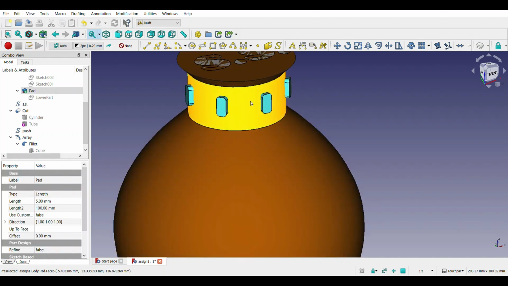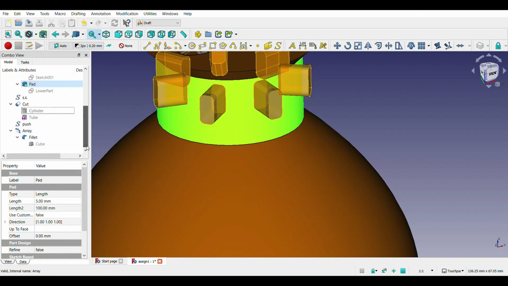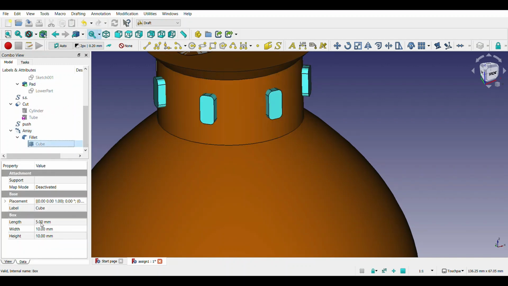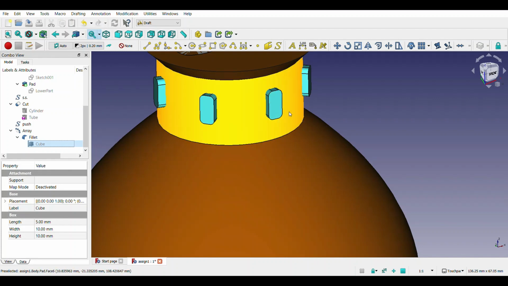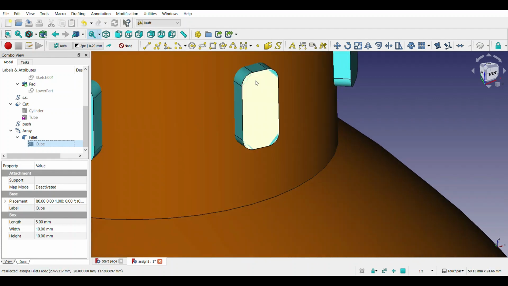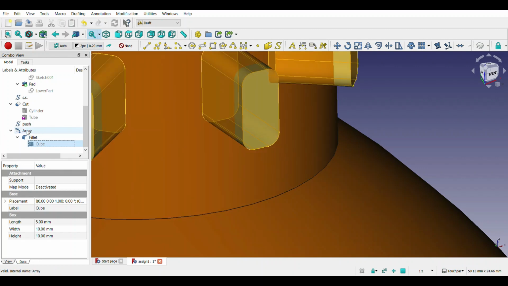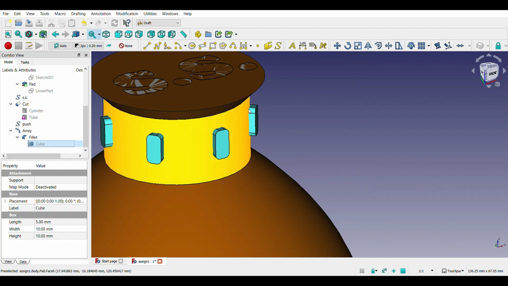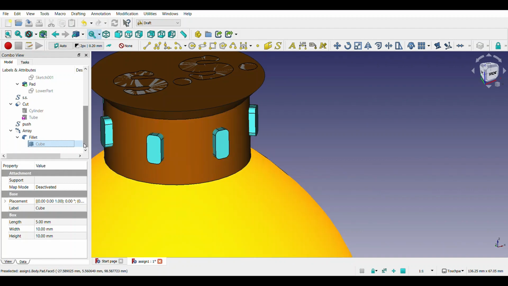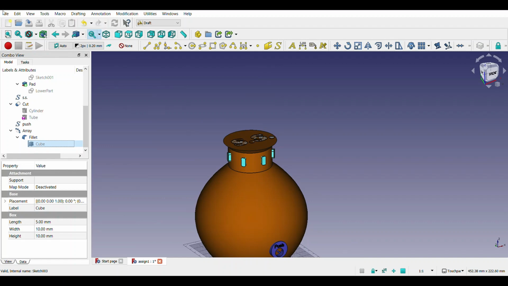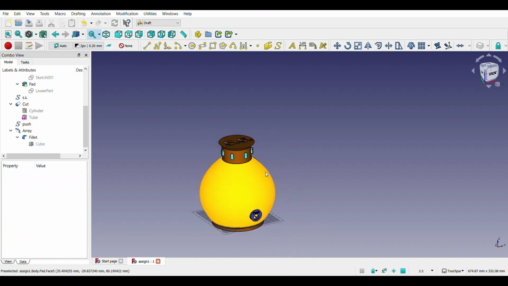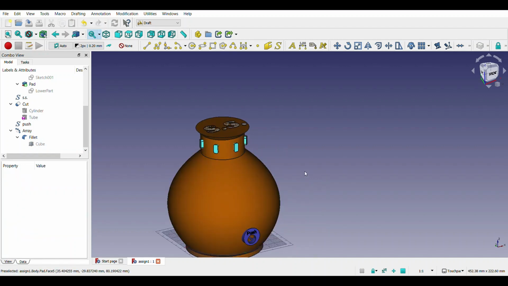First of all I have generated a cube, then I have set its length to 5 mm so that it becomes a cuboid. For this curved part, as you can see from here, I have used the fillet feature, and then I have generated a polar array to generate 7 copies of it. After that I have saved the file, and then I have exported it to generate an STL file so that it can be used in Cura software for 3D printing. So let us move to the Cura software.